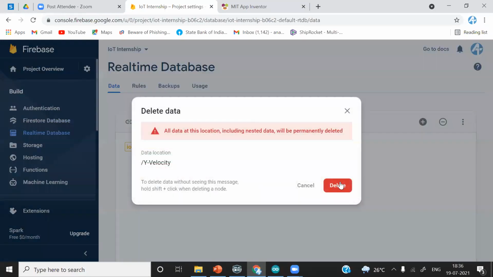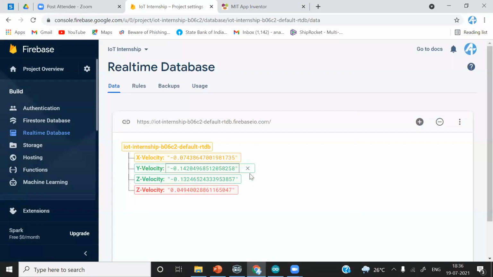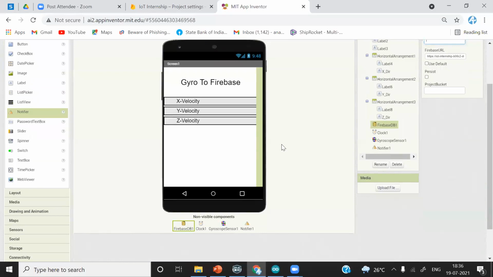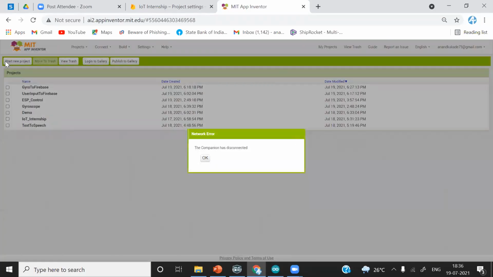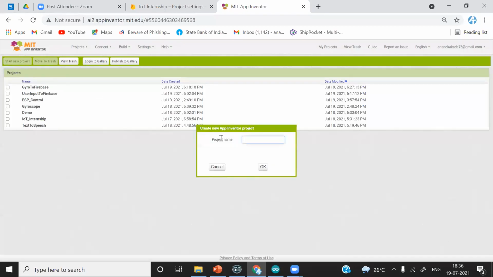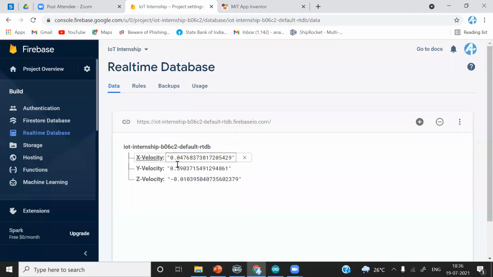Now the second part is we are going to receive data from Firebase. I'll just close this app and create a new project. You can see that real-time data; we saw that change as I moved my phone. We'll just delete this. Now we are going to receive data from Firebase into the Android application.